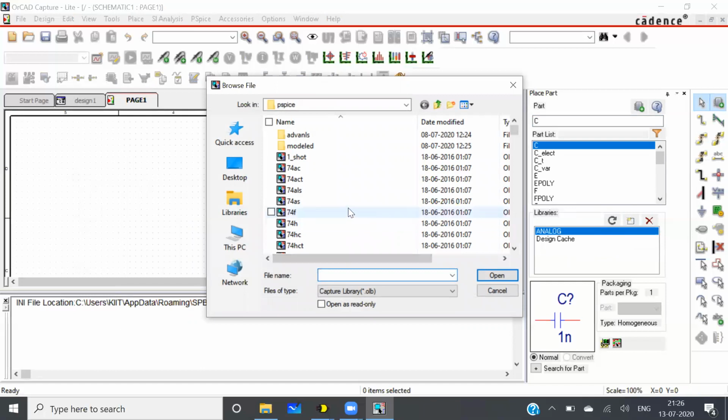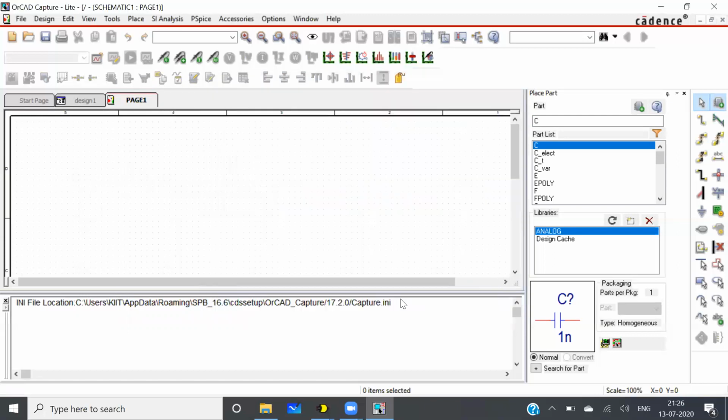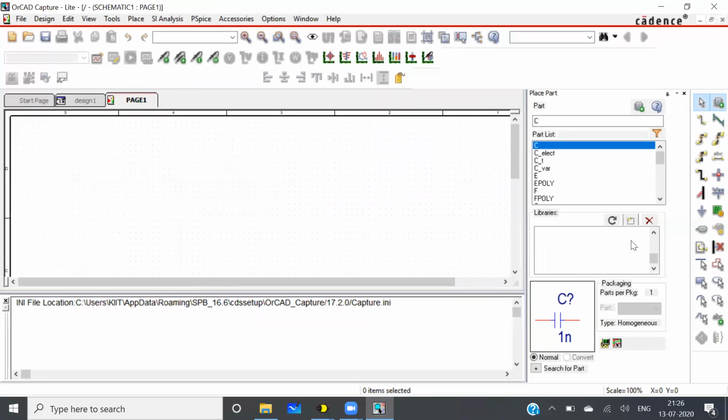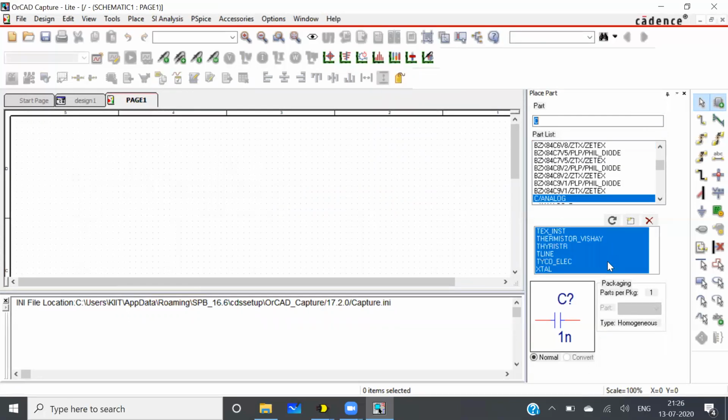So I will not add one by one. What I will do, I will select all the libraries. So I will press Ctrl A. I'll click on open. So now you can see all the libraries are added.